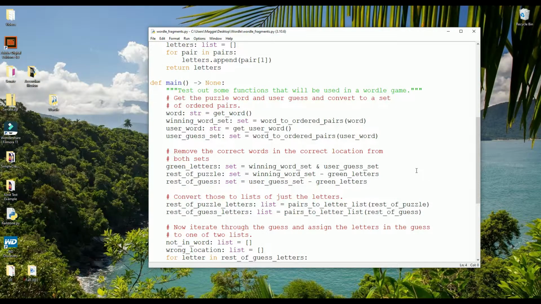Okay, now the main function is where we put it all together. So first, I just get the puzzle word and convert it to a set, and then get the user guess and convert it to a set. Now here's the set manipulation part, in which we find all of the letters that are in the correct location and remove them from both sets. And it's so easy. We just use intersection, which is the ampersand, and I store that intersection in the variable